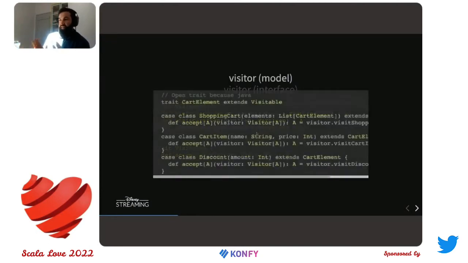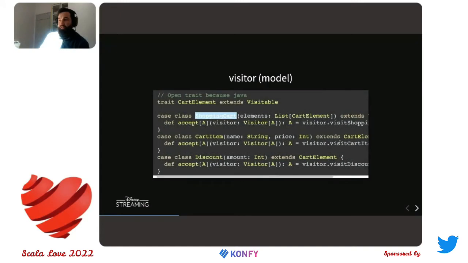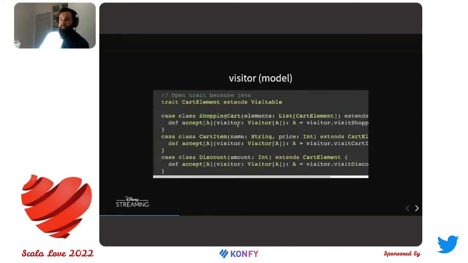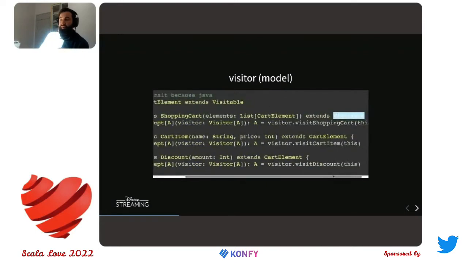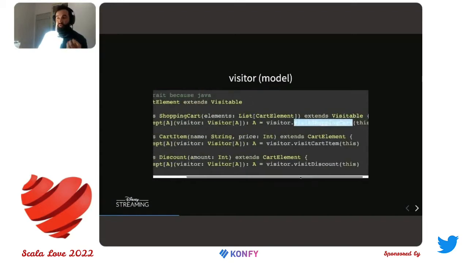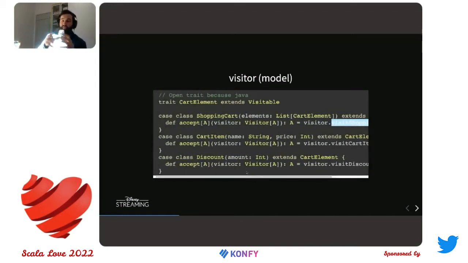And the data models look like that. Each instance implements the visitable interface and dispatches itself using the corresponding method. And the thing is, we don't really need it in Scala because we've got such good things for building data models. We've got sealed traits, we've got case classes, and we've got functions to decouple the data from behavior. But visitors